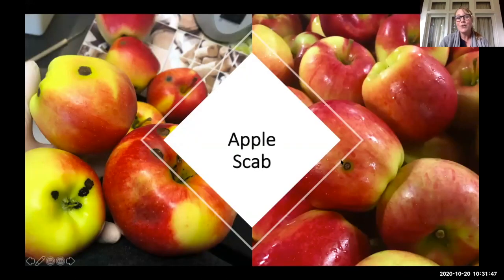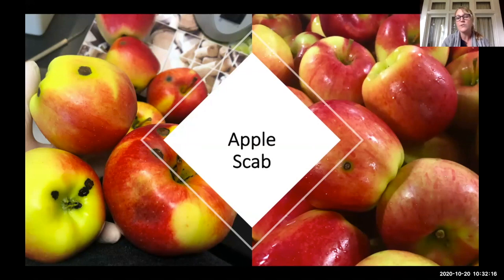So to give a real brief introduction of how we would use this tool, I wanted to talk specifically about scab. And the reason this disease is so relevant for our growers is it's very much a climate-related disease. We require a certain amount of temperature as well as leaf wetness, both of which are being monitored by the climate stations in the orchard in order for that disease to be active and to infect. And so infection is really important to get on top of.